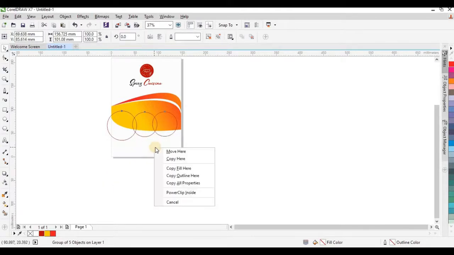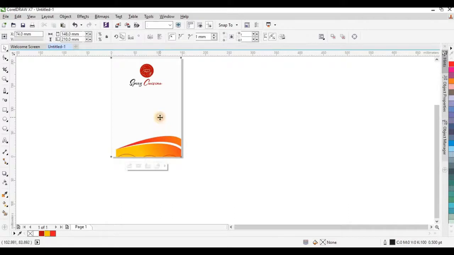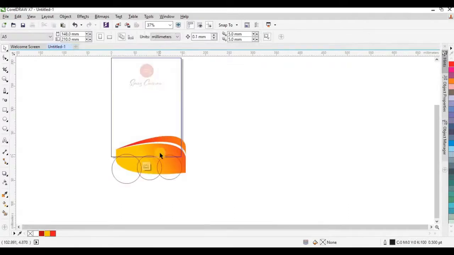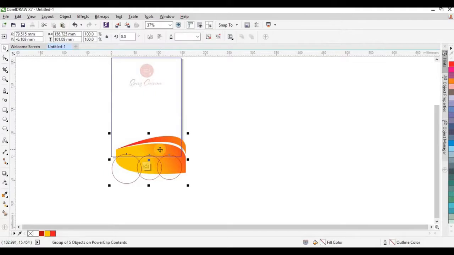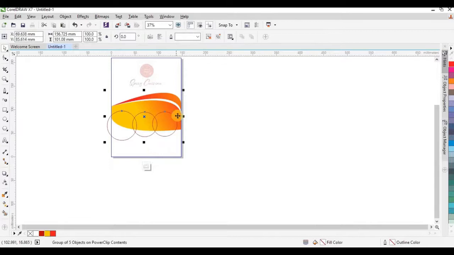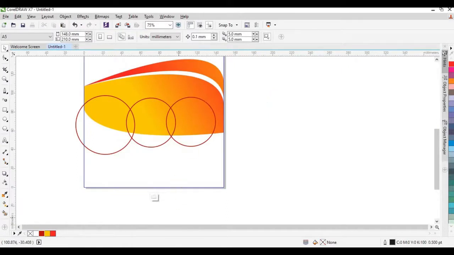And once you leave, you see this option power clip inside, and click. It's now inside the shape, and press Ctrl and click on the shape to open your power clip. You can delete this off and press Ctrl V. This command helps you to paste what you already copied to its original position on group,